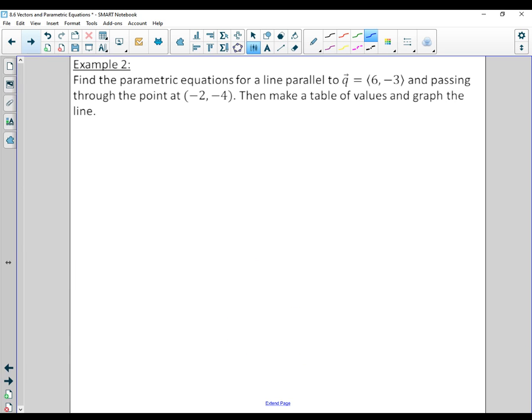We'll get through one more example today. Find the parametric equations for a line parallel to q = <6, -3> and passing through the point (-2, -4). Then make a table of values and graph the line. Well, then we have that x equals